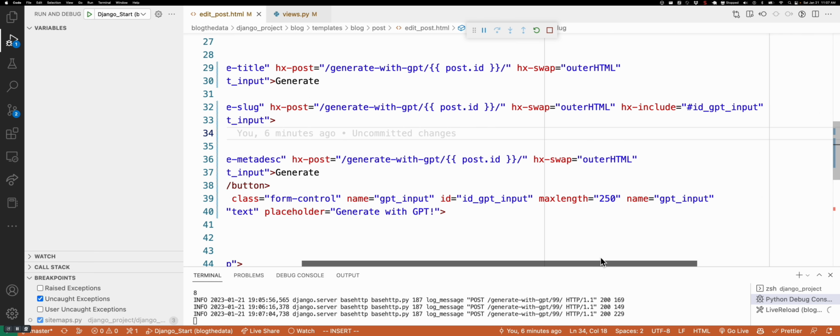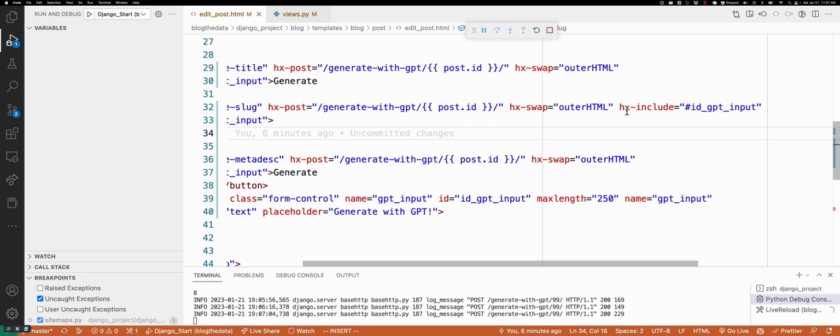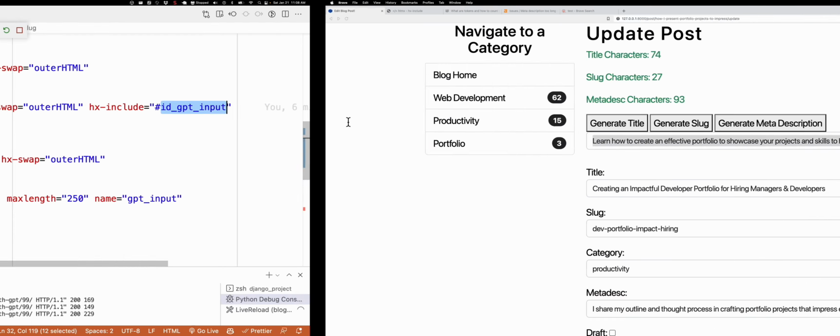The one unique aspect of the slug is that I'm using this HX include attribute, and the HX include attribute will allow you to use another element's text and include that in the HX request. So in this case, I'm using that input, and the reason I'm doing that is when